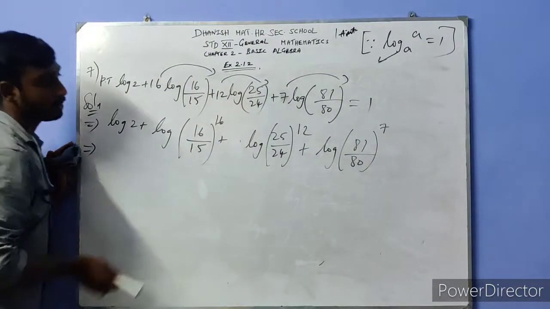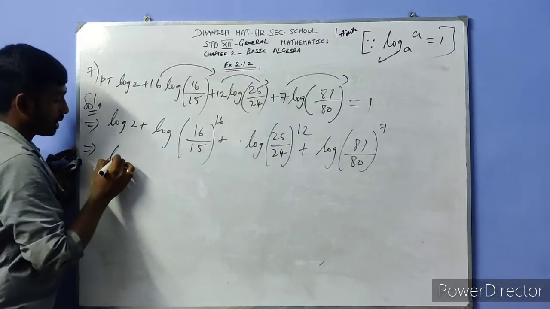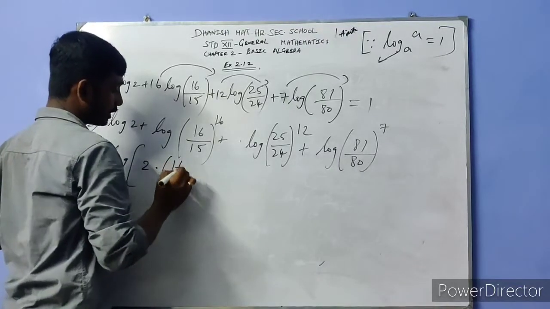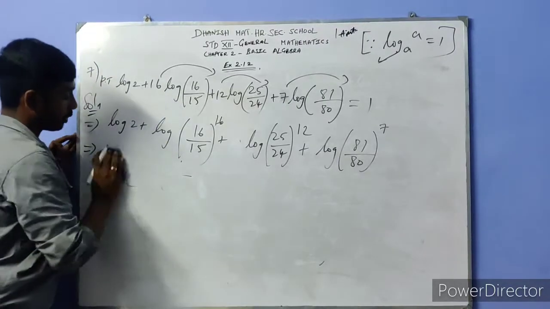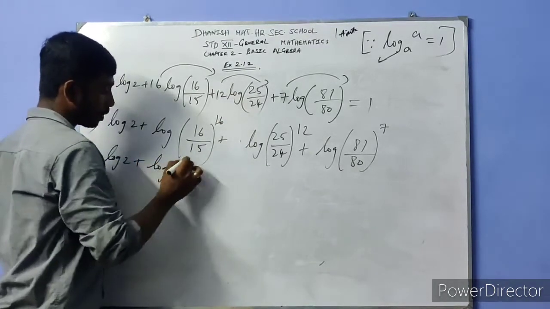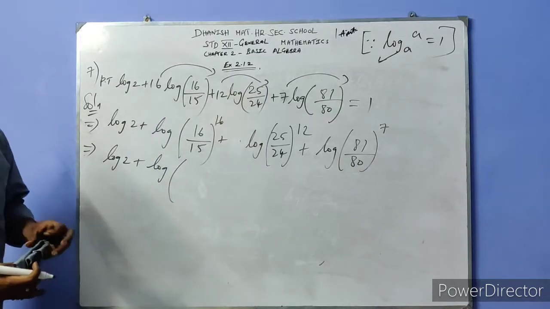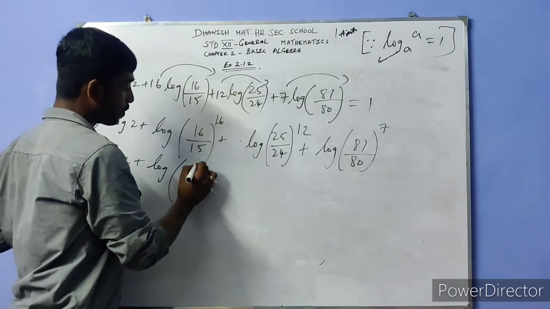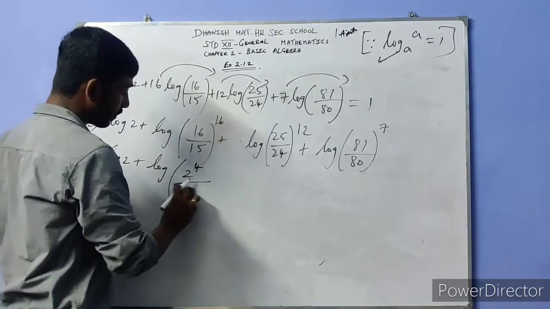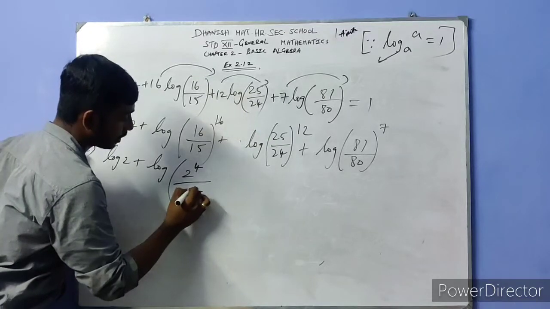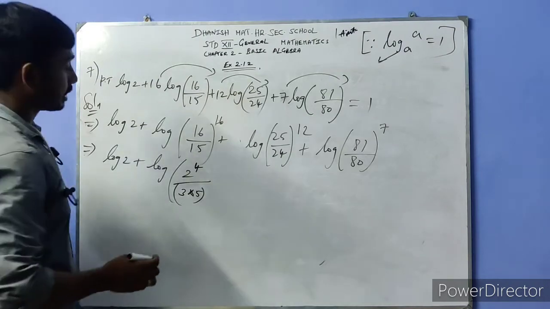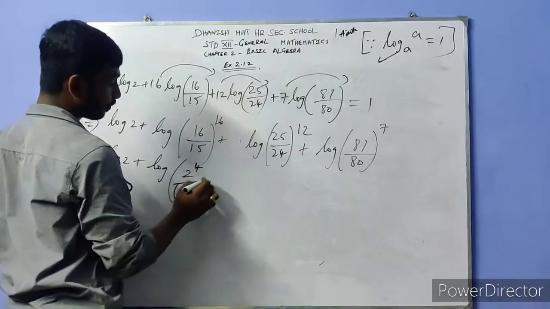Let's see this one. Now I am taking log from this equation. What is the condition we are having? This one, log 2 into 16 power. The next step we are using the power rule method here. So what is the power for this one? That is 16 divided by 15. You have to write like this, 2 power 4, so 2 power of LCM of 16, there will be 2 power 4. This 15 you have to write like this, 3 into 5. This 16 will be common for this one.